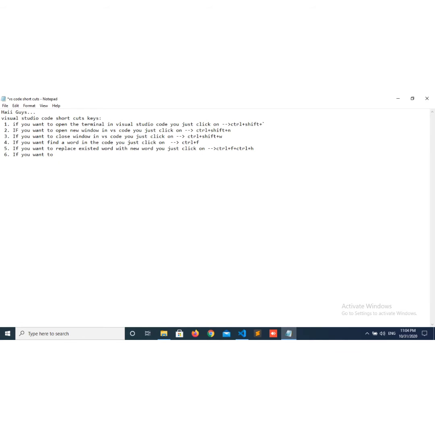If you want to search for an exact file name, you just click on Control plus P. Let's see.